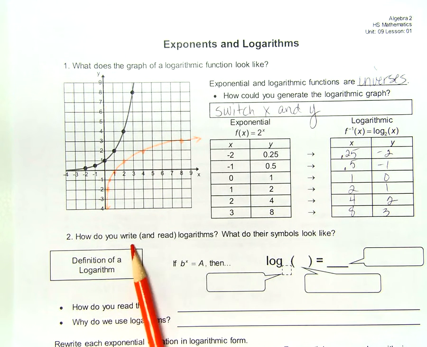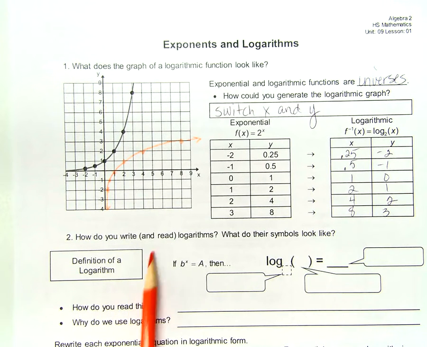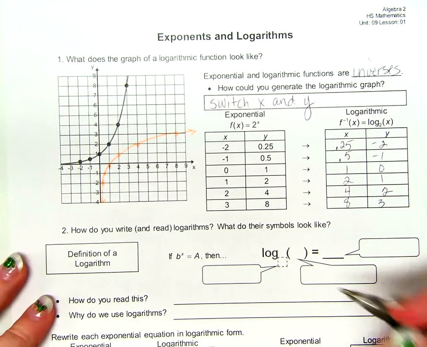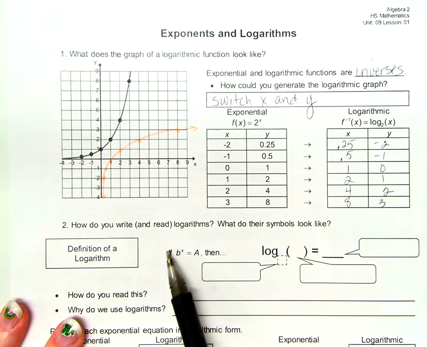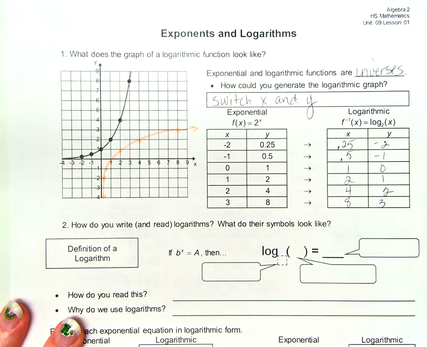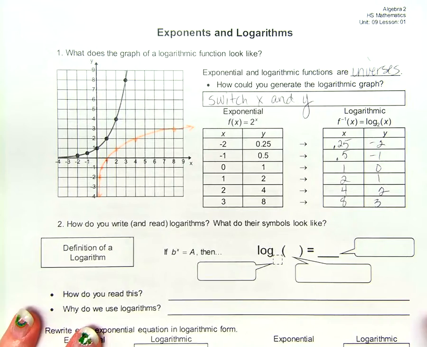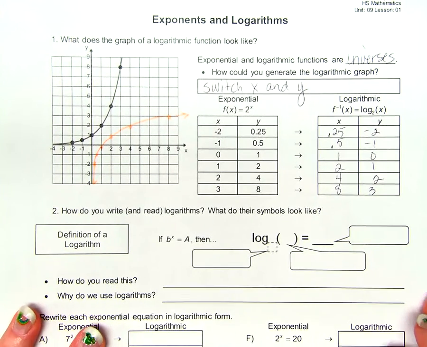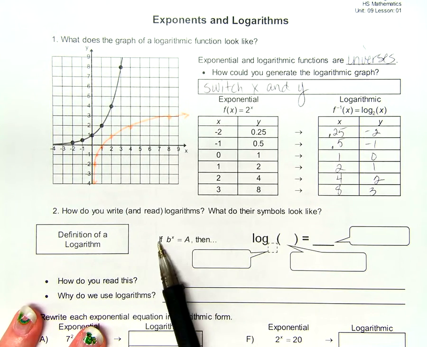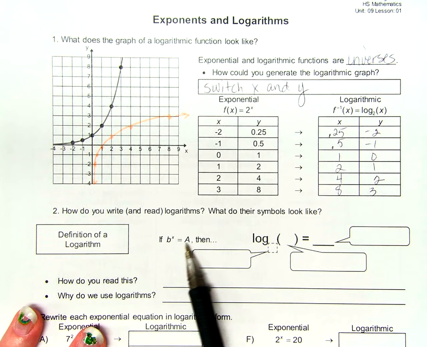How do you write and read logarithms? What do their symbols look like? You do say log when it says log, excellent. First of all, this sentence we're going to complete right here is a big deal. This is the basis for this whole unit. It's not hard, it's just a big deal. Fair enough? So, if b to the x equals a, then